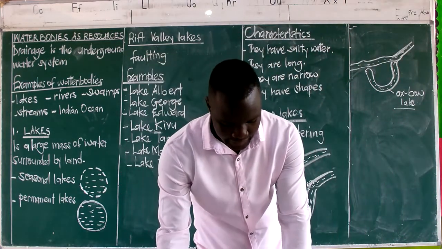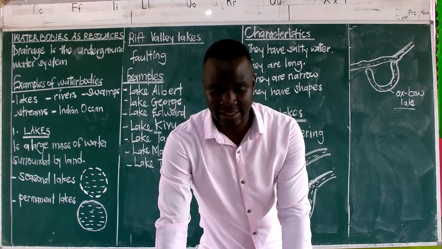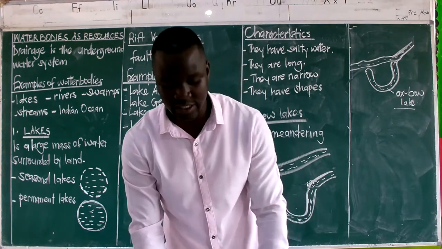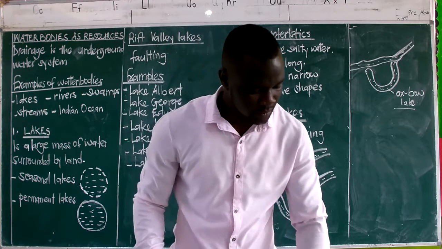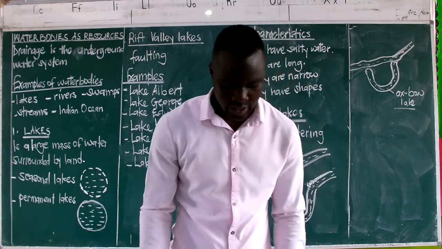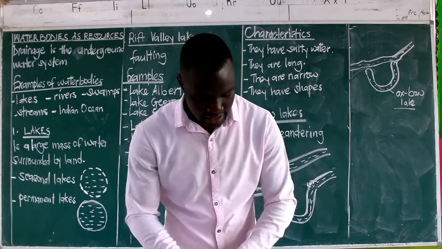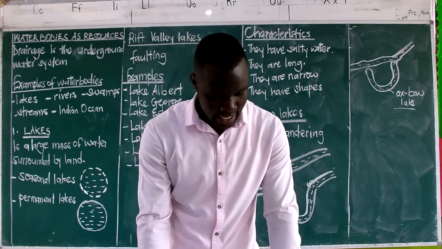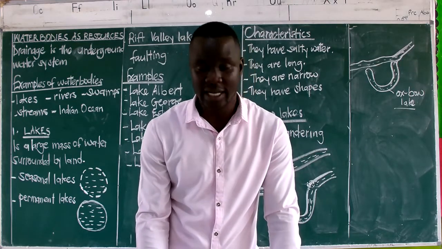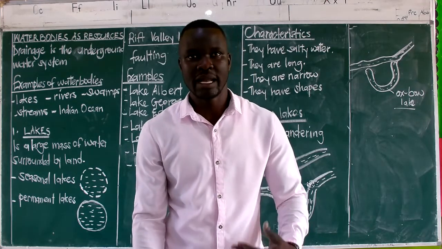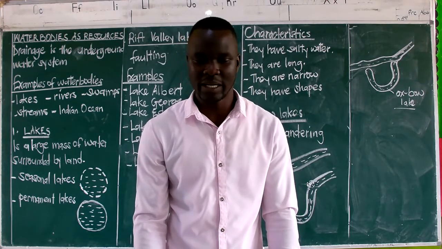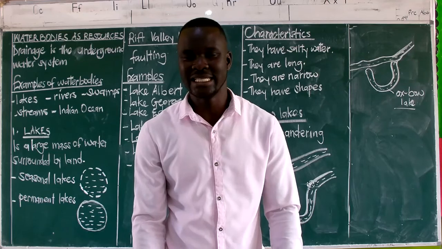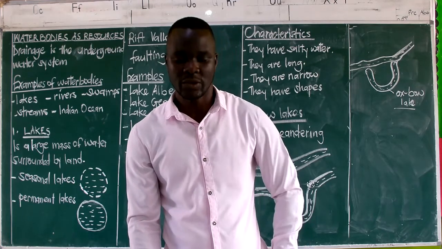We have lava dammed lakes. These are the lakes that were formed due to eruption as lava was flowing and blocked, forming a lake. Examples of those lakes we have in Uganda, we have Lake Bunyonyi. Remember Lake Bunyonyi, we understood it even in primary 5. We said this is the deepest lake that we have